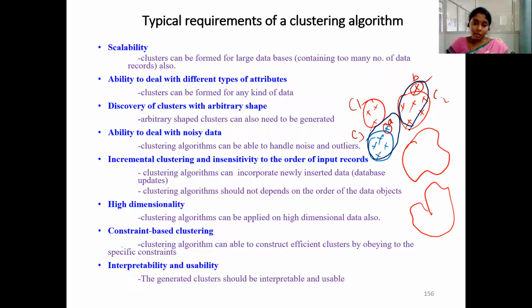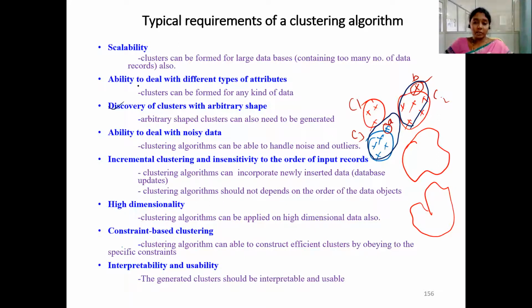If a particular object or record belongs to this cluster, I can add that also into this group. So this is the discovery of clusters with arbitrary shape. The clustering algorithm we select should be able to generate not only spherical clusters, but also different shaped, arbitrary clusters.